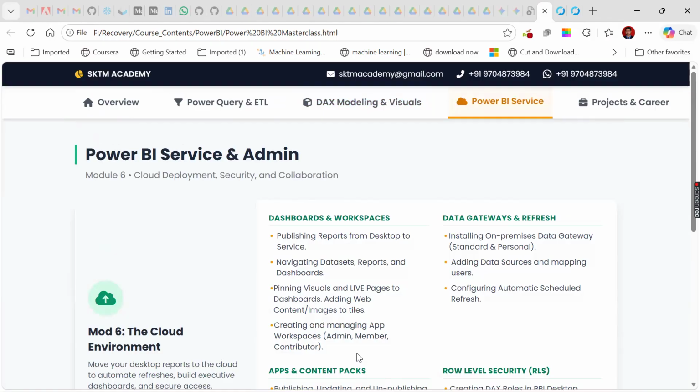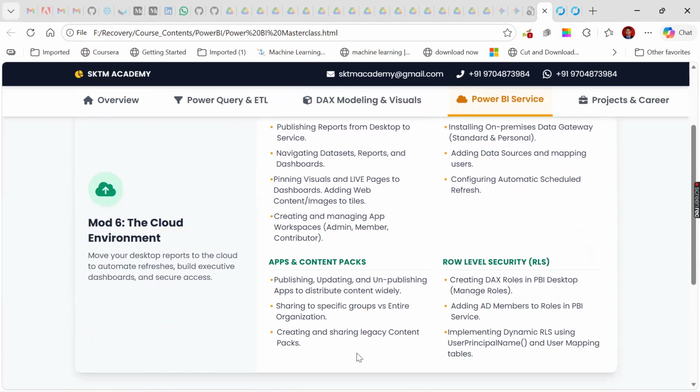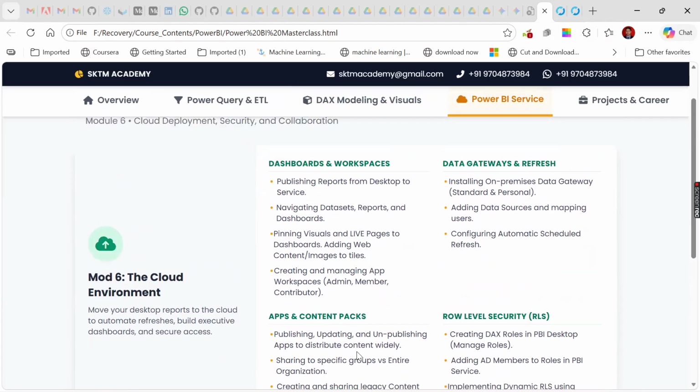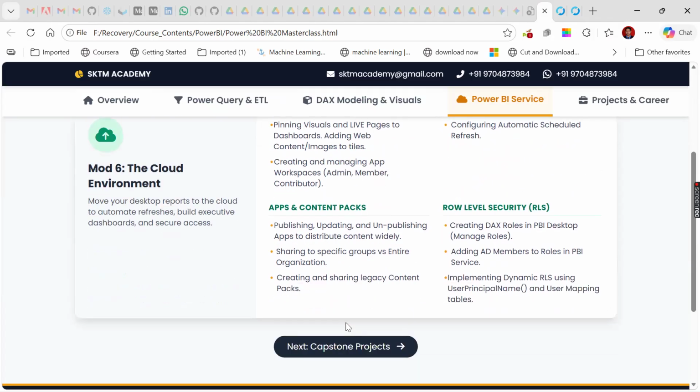This is also very important because as a Power BI developer, sometimes you need to understand how to integrate your dashboards with the Power BI cloud, what the challenges are while integrating, and how a dashboard can be published from Desktop to the Power BI cloud service, how to navigate different datasets and reports, and how to connect with the different workspaces, and admin, member and contributor roles within these workspaces as an administrator. That we have to learn as part of this module.